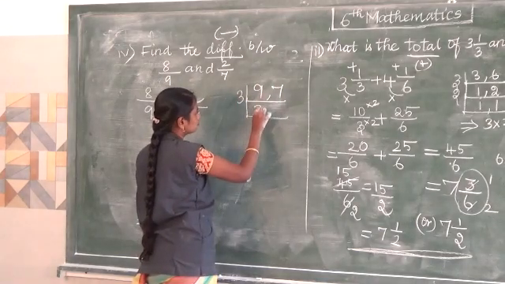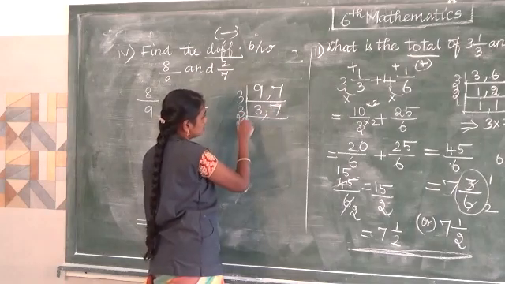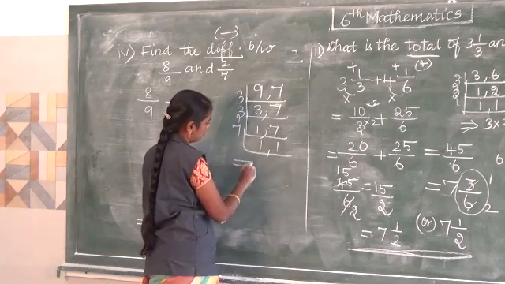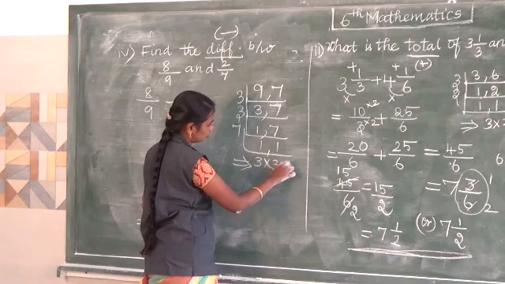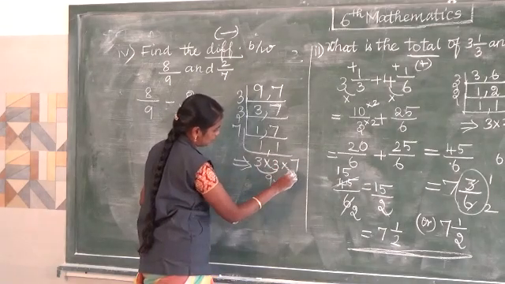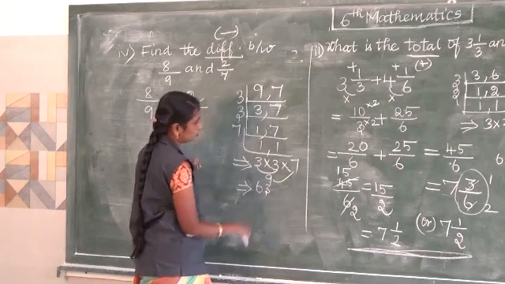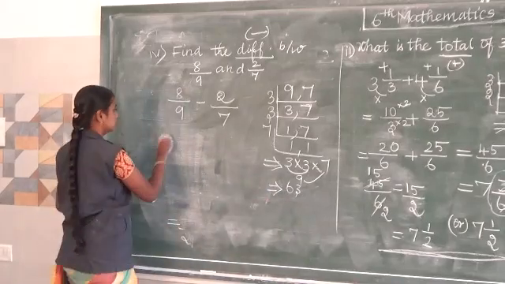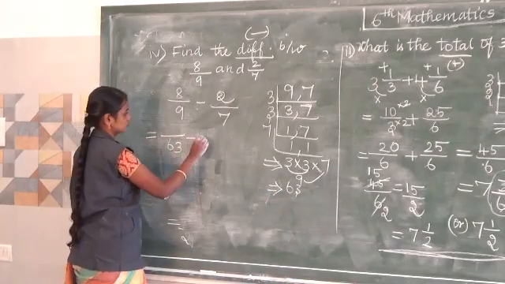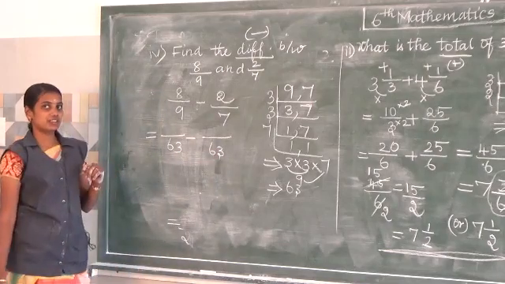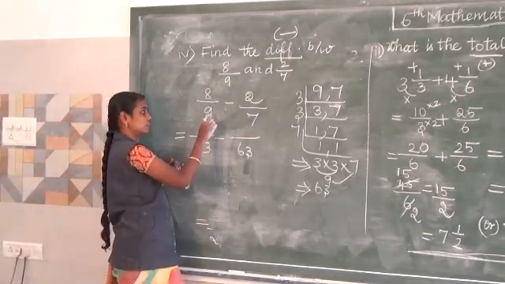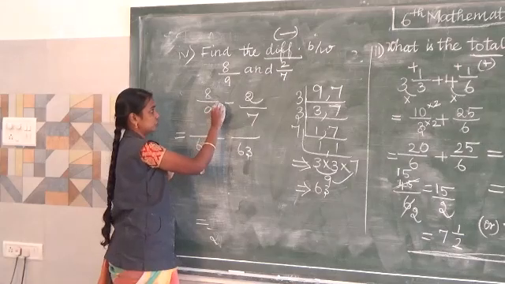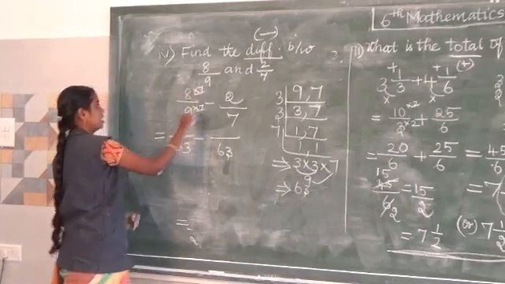3 table, 3 times, 7 as it is, 3 table, 1, 7 as it is, 7 table, 1 and 1, multiply 3 into 3 into 7, 3 3s are 9, 9 7s are 63. Already we found in the before problem, first problem. So the 9 and 7, the LCM is 63. So denominators I have changed into 63. Now it is 9. 9 table we have to see how many times 63 will be coming. 7 times. Here also multiply by 7.